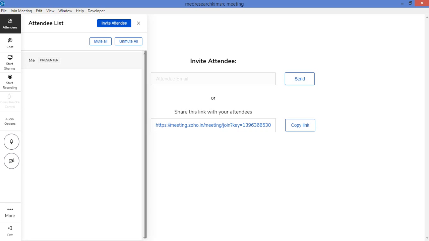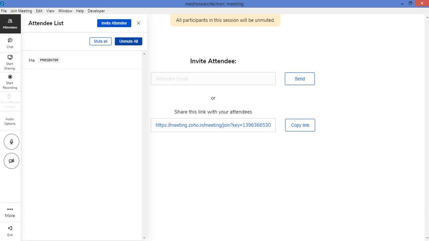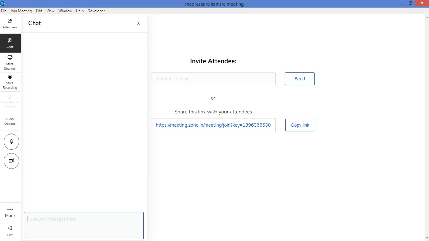So here you are the presenter, and whoever joins this meeting will be displayed down in the attendees list. You can mute all or unmute all the students who have joined the meeting. If you mute all, the students will not be able to talk. If you want to unmute them individually, you can go to their name, and the options to unmute the audio can be seen. So it is better, if you are taking a class, to mute all, so that there won't be any disturbance in between. And the chat option can be used for sending and communicating messages with the other students.